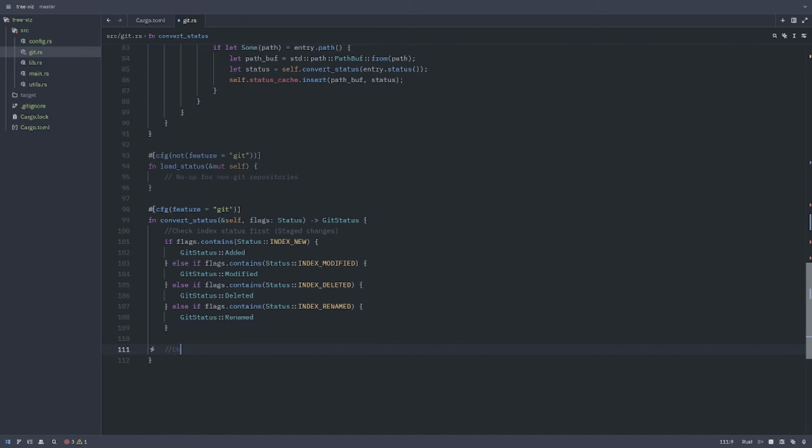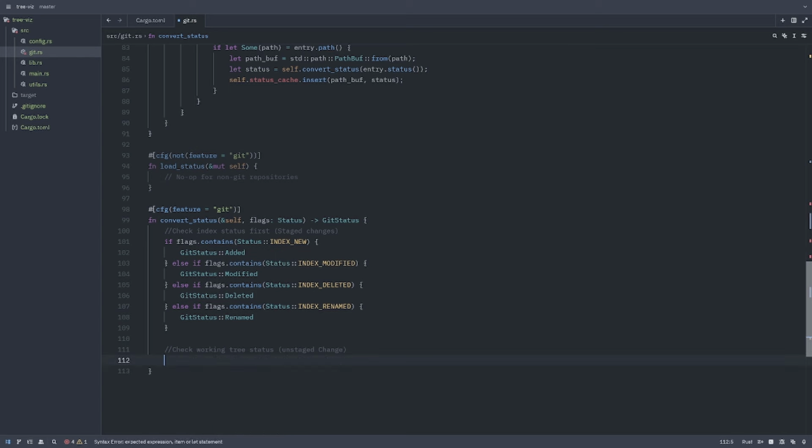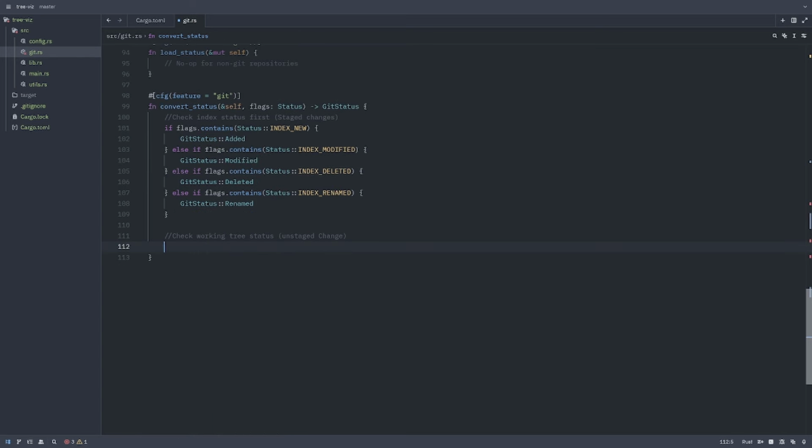Check working tree status. Now we are setting untouched. Status change. Okay, it will be an if flag